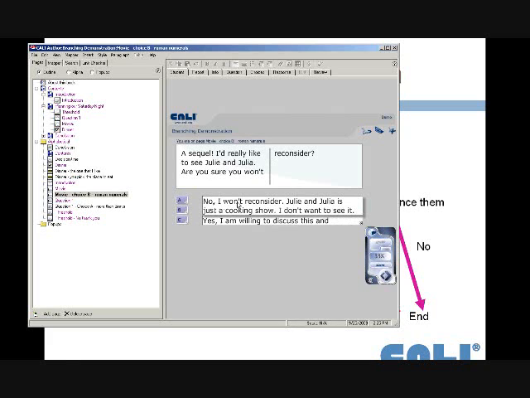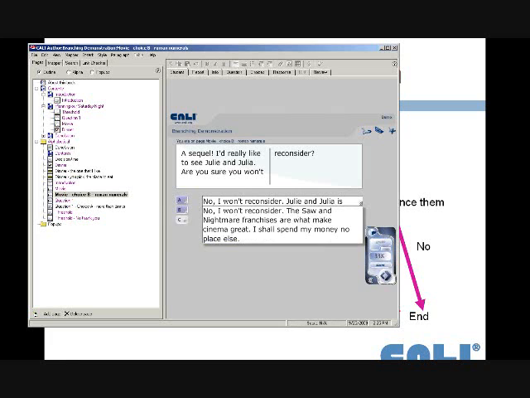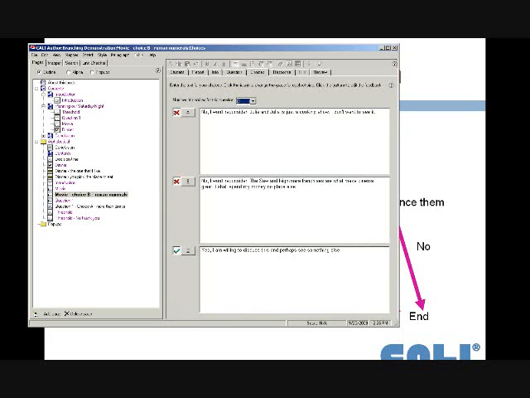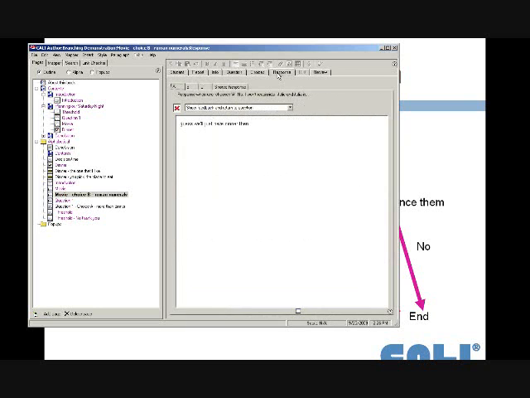No, I won't. Are you sure you won't reconsider? No, I won't reconsider. Julia and Julia is just a cooking show. I don't want to see it. Choice B is no, I won't consider. The Saw and Nightmare franchises are what make great cinema. And choice C is yes, I'm willing to discuss this and see something else. So I've set my choice C as being the correct one,